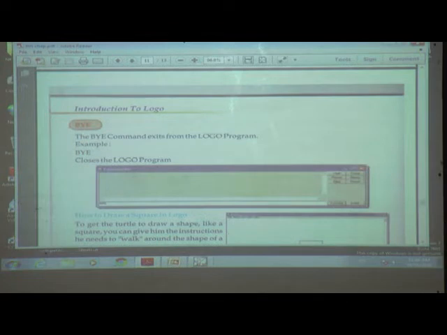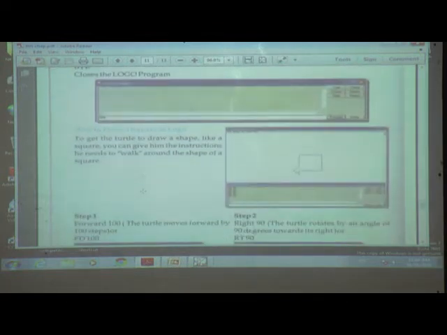Now next, we will see how to draw a square in logo. To get the turtle to draw a shape like a square, we can give it the instructions to walk around the shape of the square. If you want to draw a rectangle, then also we can draw.